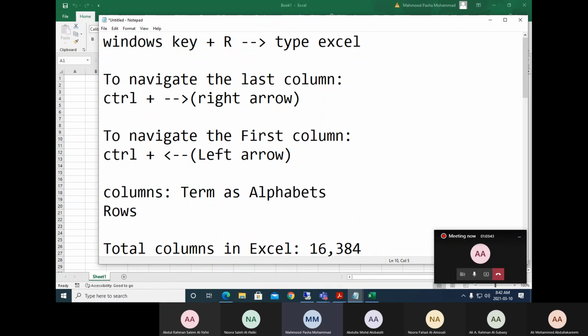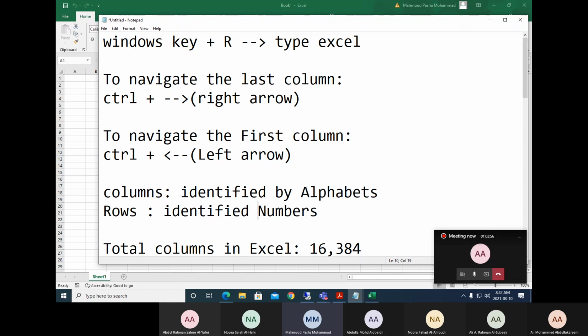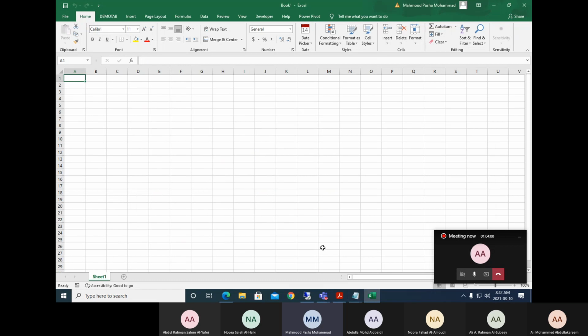And rows are given what? Numbers. So these are the two differences which we see on our Excel sheets.